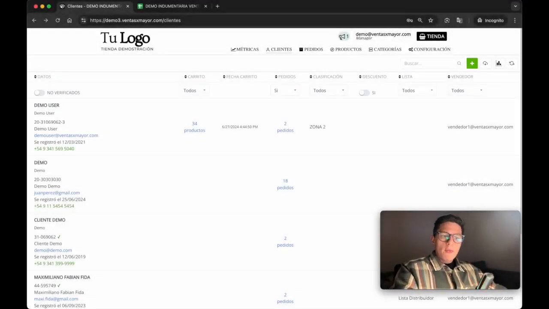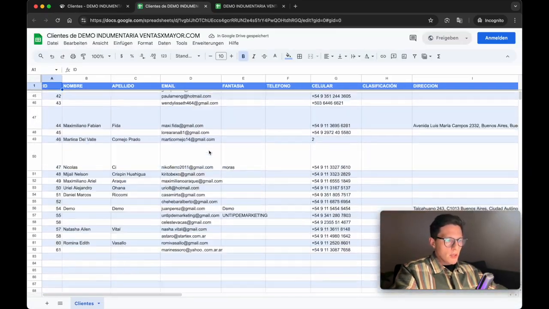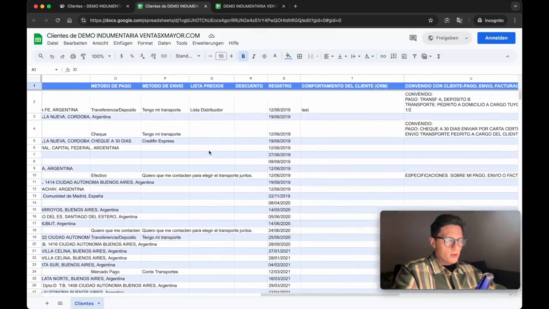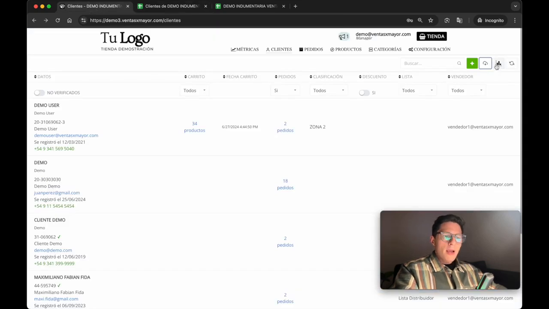Finally, we have the report. As we have seen before, we also have a report from the client, which generates a Google Sheet with the entire client database, and I will be able to drill down again. It will take a while. I don't know if we will see the results soon, but it will generate a Google Sheet with all the information. It looks good. I have all the clients. There are conditions. I can filter, order. I can do whatever I want here, and I also have a special report